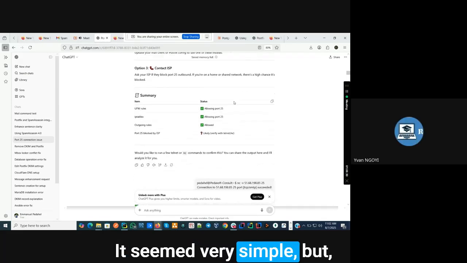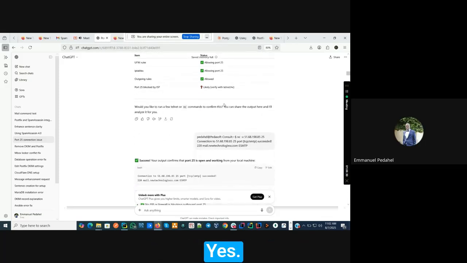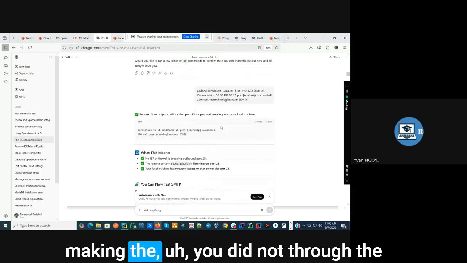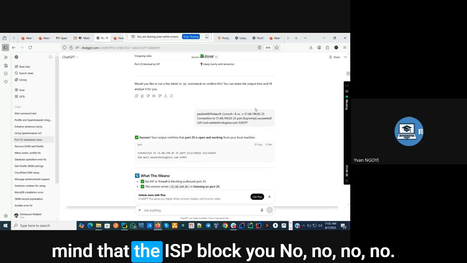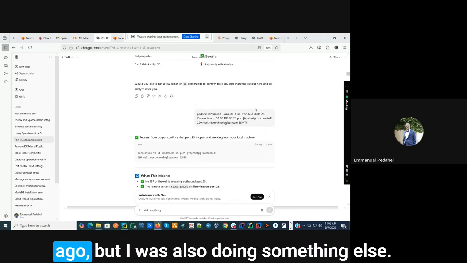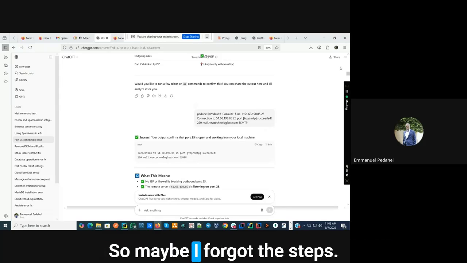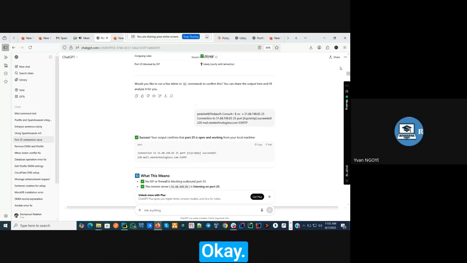It seemed very simple, but it took you a lot of time. Yes. It means that at the beginning, when you were making the telnet, you did not troubleshoot like this. You were just thinking in your mind that the ISP blocked you. No. I did it for the previous server some time ago, but I was also doing something else. So maybe I forgot the steps. So this one I have to go step by step. Okay,